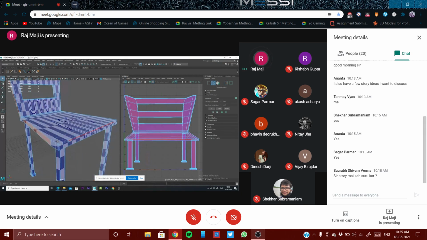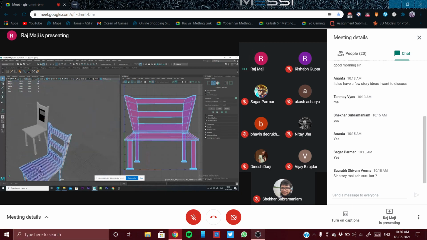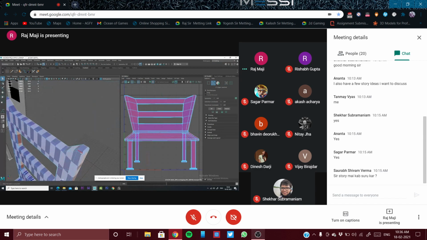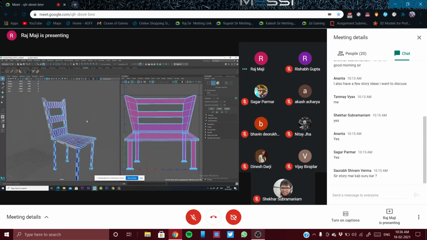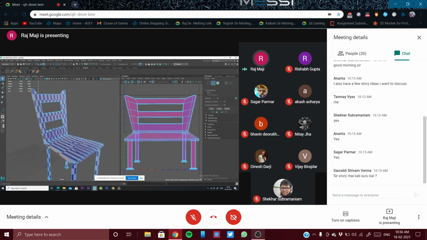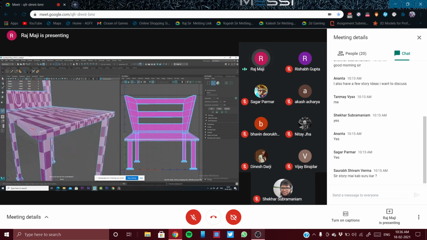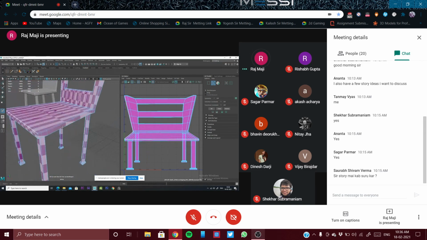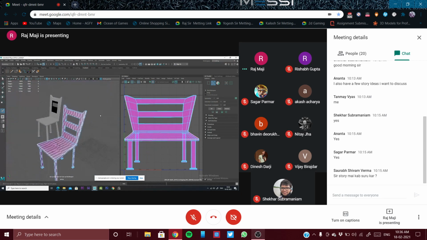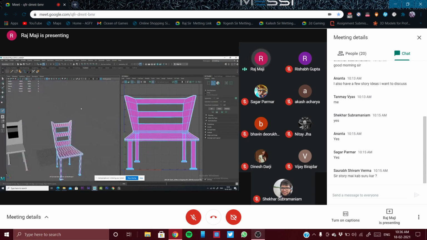So I'm selecting this, selecting this, selecting this. So the central line of the bevel. I'm using 2019, so I can show you that tool. So going to UV, and we are having the 3D cut tool. So just double click and you will get the seam. So we are just getting the seam, right?